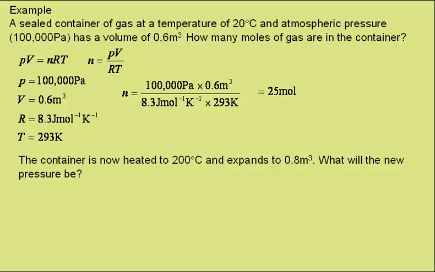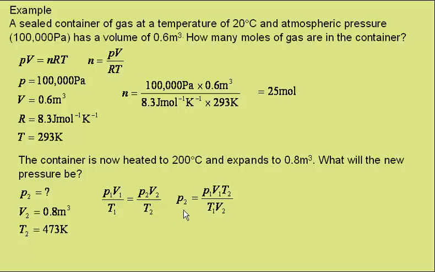The container is now heated to 200 degrees Celsius and expands to 0.8 cubic meters. What will the new pressure be? Well, for this we need pressure 2 given volume 2 and temperature 2. And from this example we can take pressure 1, volume 1 and temperature 1. So we can use this expression